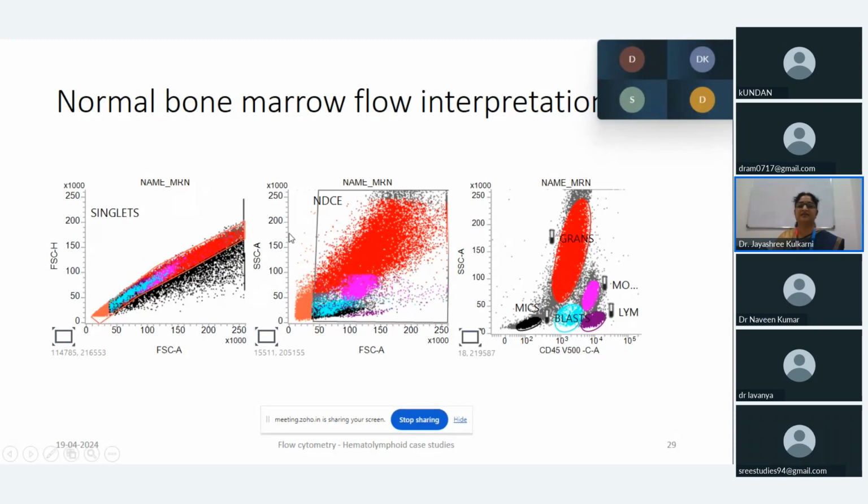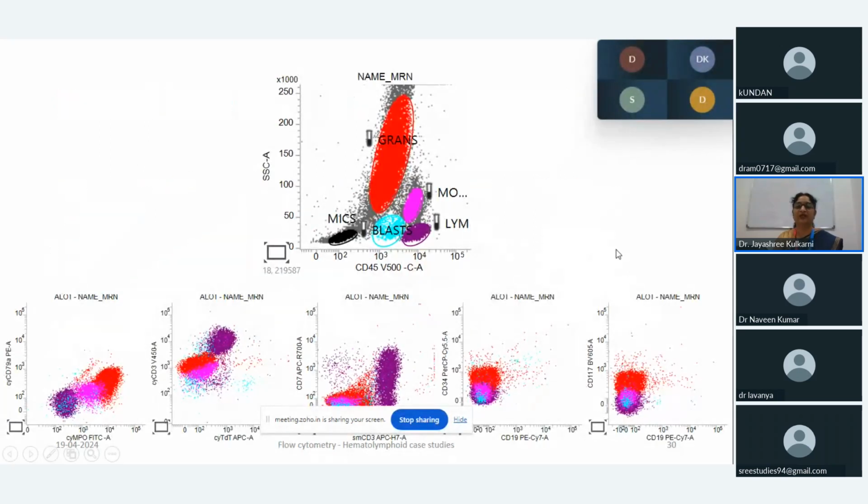Now you take these singlets and plot forward versus side. Now again, whatever remains in the left lower corner is again your debris. So you are separating your non-debris cellular events and you take this chunk for your analysis. This is called non-debris cellular events. Once you take this and plot it in CD45 versus side scatter, you will get the normal distribution like this. Okay, this is for a normal bone marrow. Now, just to quickly look at the normal expression. Now, as soon as you look at lymphocytes, you know they should be